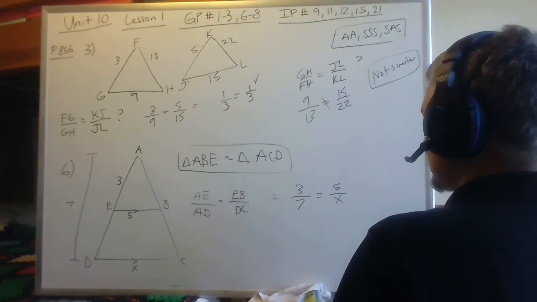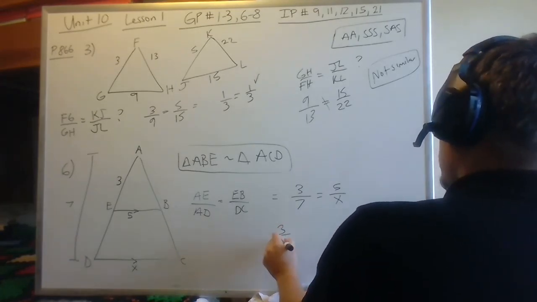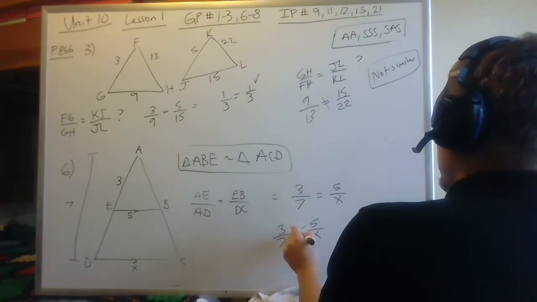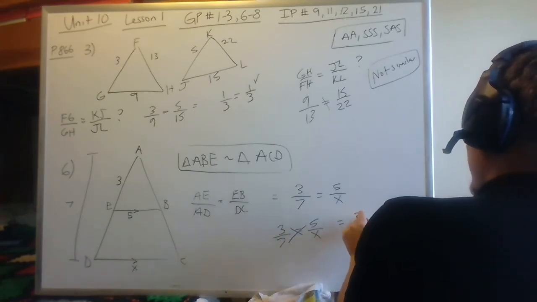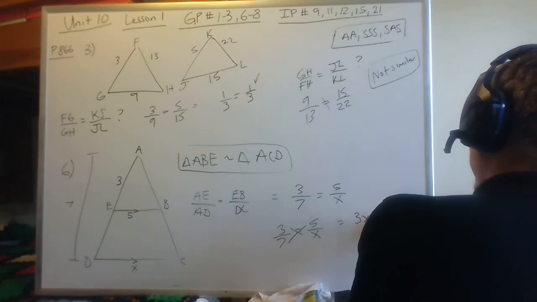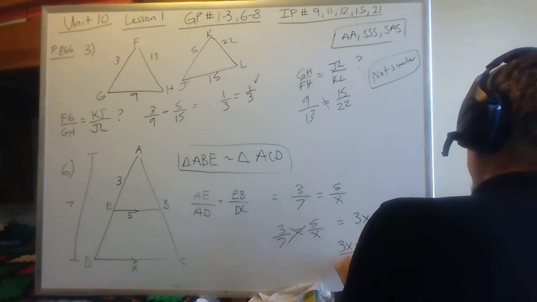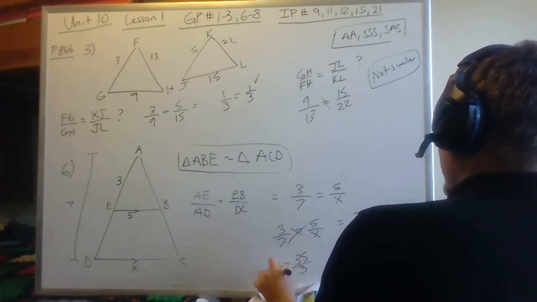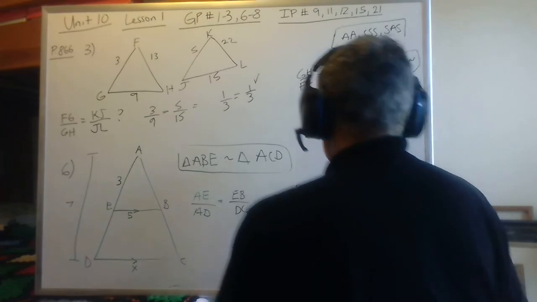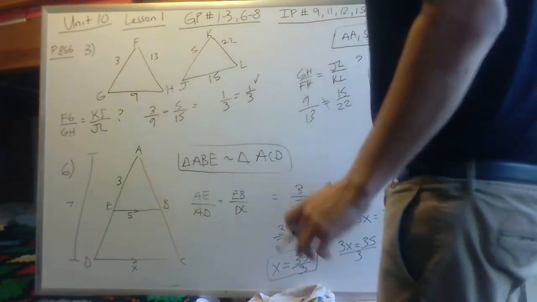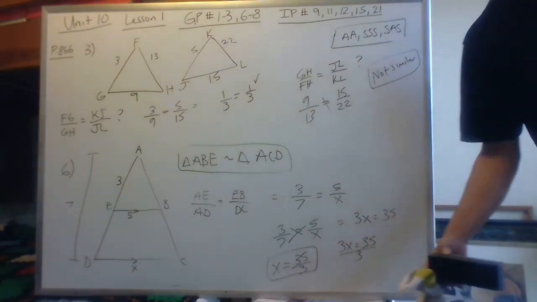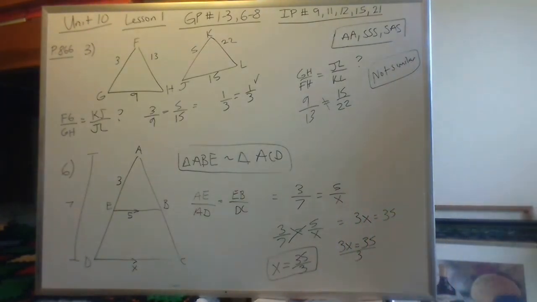And to solve for X, we have what's called a proportion. We're going to just cross multiply, and we're going to have 3x equals 35. Solving for x, we're going to divide both sides by 3. X equals 35 divided by 3. So that is the solution for x. So this is number 6 of the guided practice, and we are now going to move to